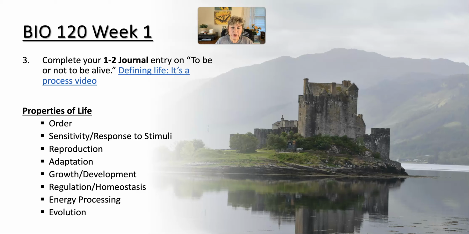It says, choose 2 of the properties of life. Oh, wait a minute. I have them listed right here, the ones that I use. Choose 2 of them, and then something that's alive and something that's not. And then you need to describe, it doesn't really tell you this in the instructions, but you need to describe how each of those properties of life relates to your live thing and your not live thing, right?